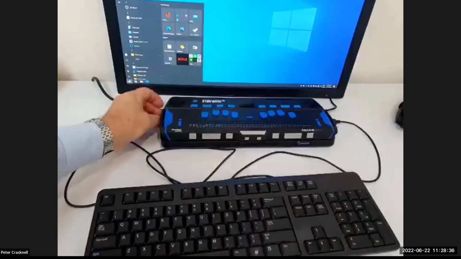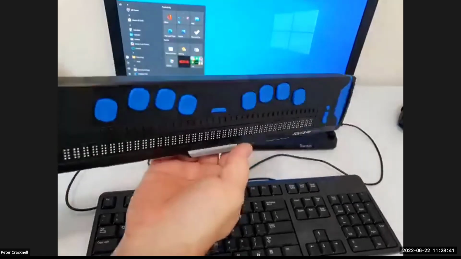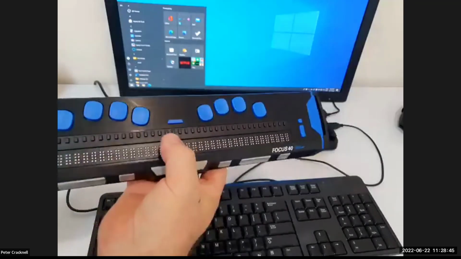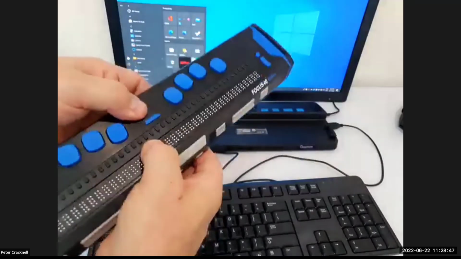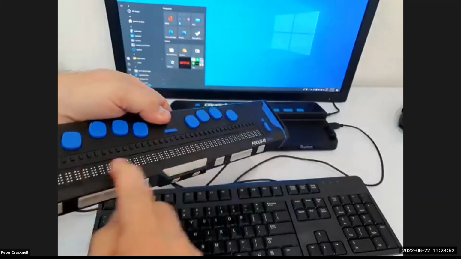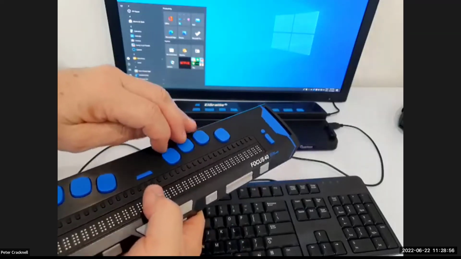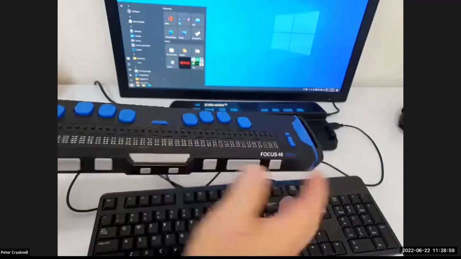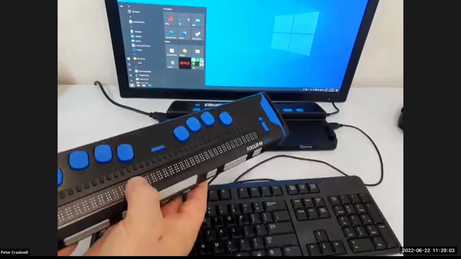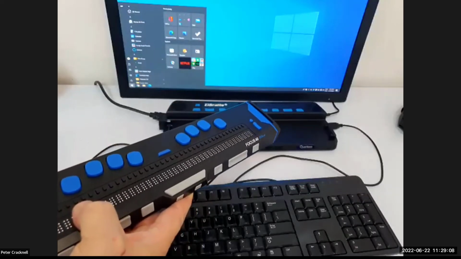This Braille display can be detached and used separately purely as a Braille display. Now, there's no actual computer in the Focus 40. It is just a Braille display. It's a means of reading Braille from a computer and also typing back in using the keys on the Braille display. So this is a very popular means that many blind people use in the workplace to give them better